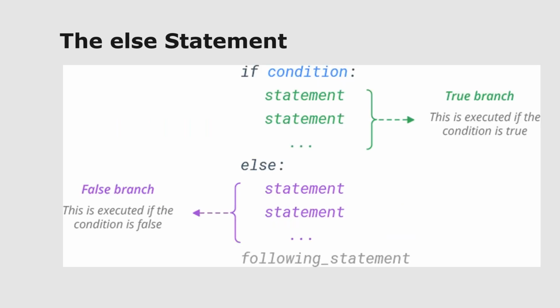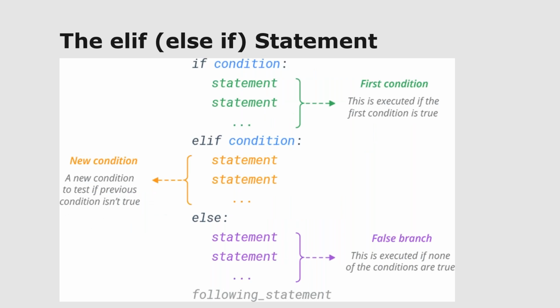Okay, now the else statement. Else means if the first condition is false, then it will move to the else. If it is true, then it will not move to else. Simple. So if it is true, then execute those statements. Else, leave it. But if the condition is false, then move to the else. Something like this.